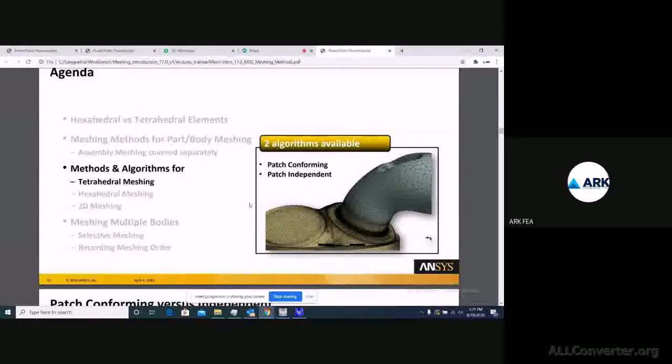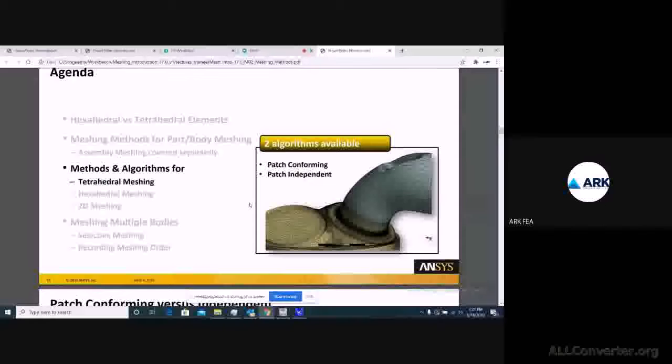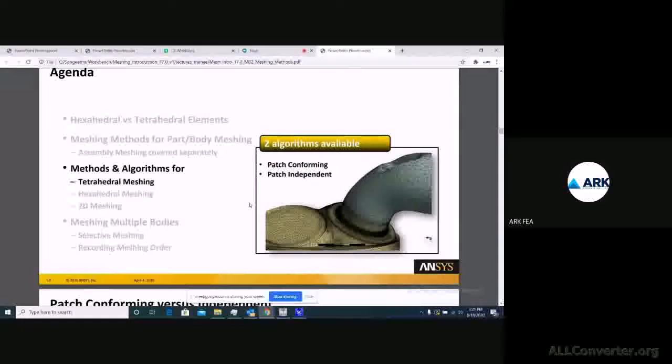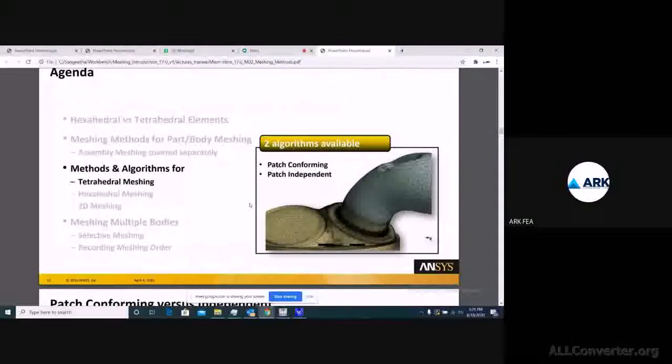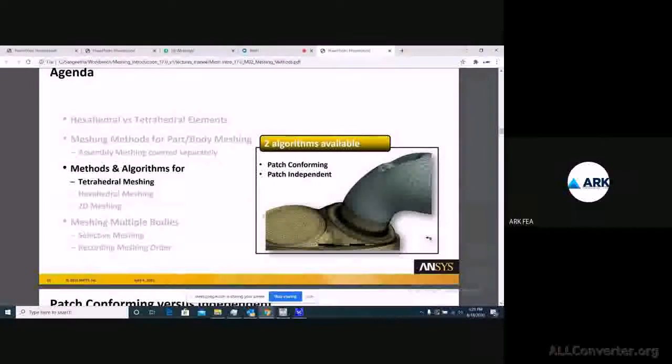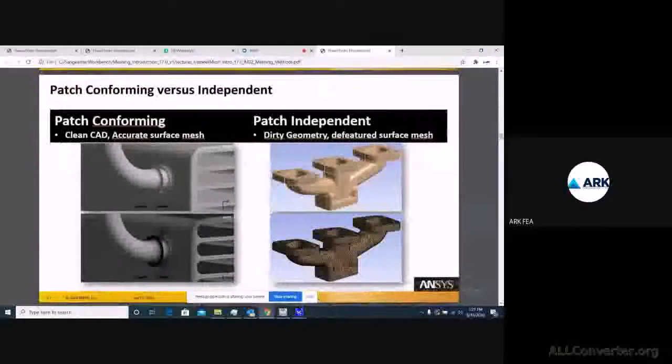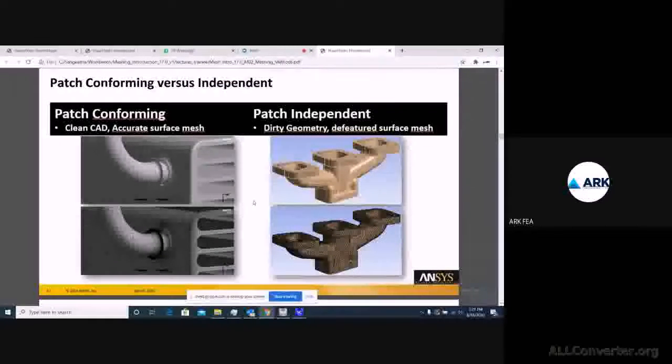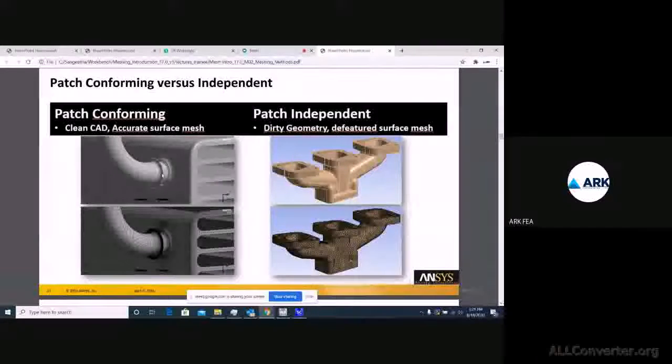In terms of a tetrahedral mesh, we basically have two methods. One is patch conforming and the other one is patch independent. We are going to check how meshing happens in each case. If you look at this geometry for patch conforming, you have a geometry which has sharp edges.